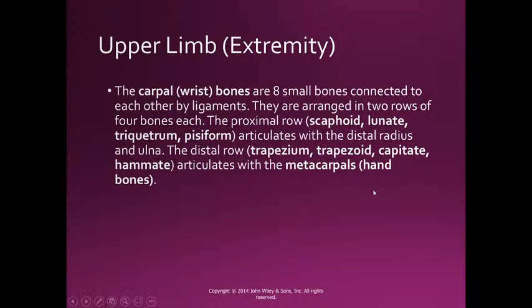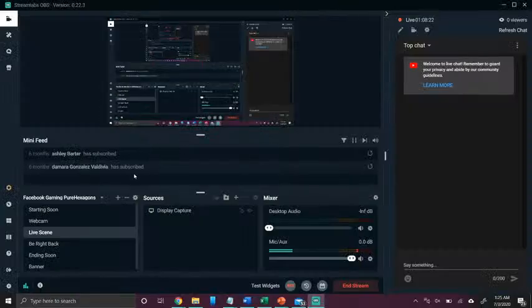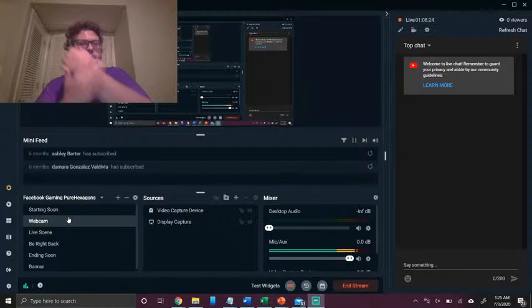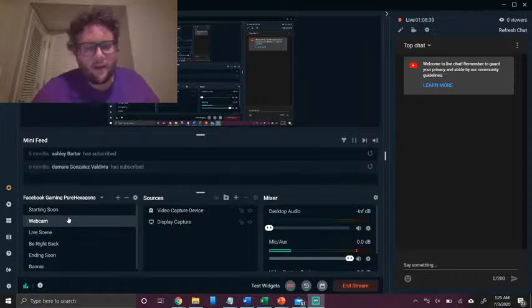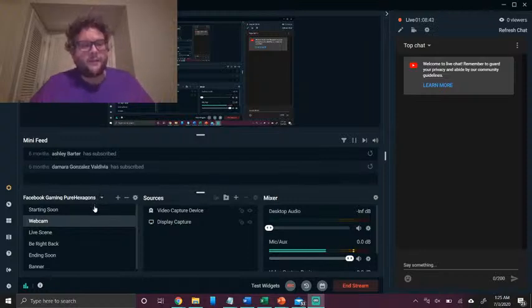We will pick it up next time with the rest of the appendicular skeleton. We'll finish up the wrist, the carpal region, and the hands. We'll also do the pelvic girdles, the femoral region, femurs, the lower legs, the ankles, the tarsal region, and the bones of the feet. Okay. All right. If you have any questions,